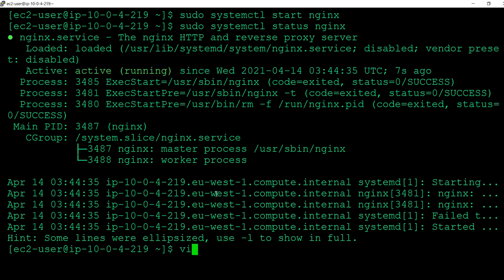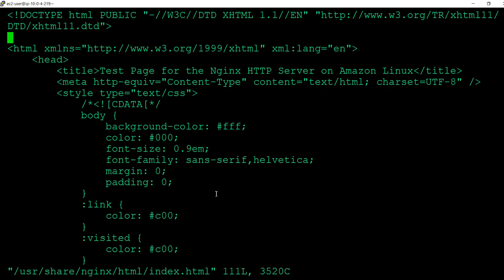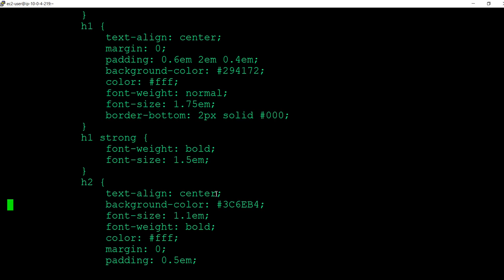So quickly we'll go to sudo vi user share nginx html index.html. In this one we'll modify this.